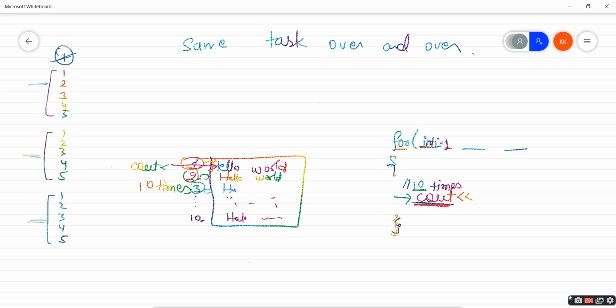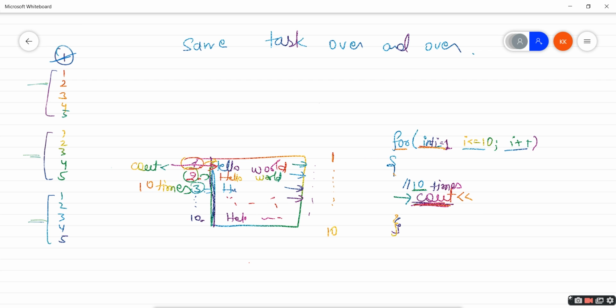Then I need to have a condition so that this is going to execute 10 times. This cout should be executed how many times? 10 times. So if it is going to start from 1, then what number does i need to go up to? 10, right? So i is less than or equal to 10, i plus plus. Why plus plus? Because we can clearly see this is the first output, second, third, fourth. So it is incremented one by one. So i plus plus. That's it.